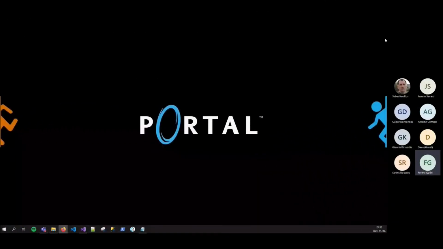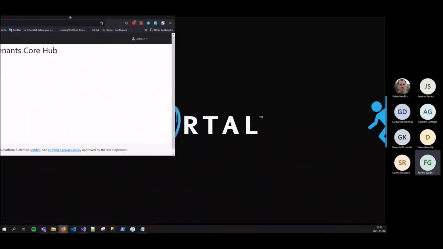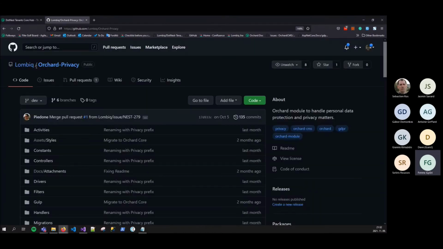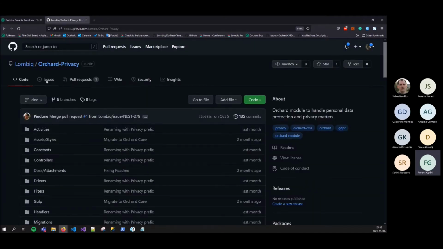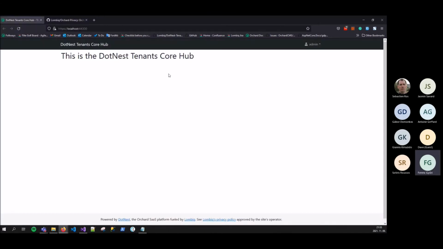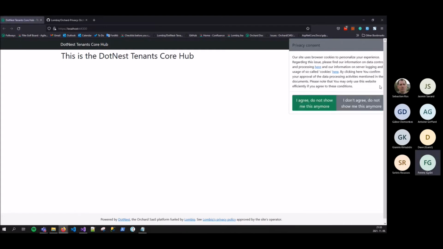So the module which I will introduce is the Lombiq Orchard Privacy module. It's an open source module, and it helps to inform the users about the site privacy policy. This module provides three features. The first one is this